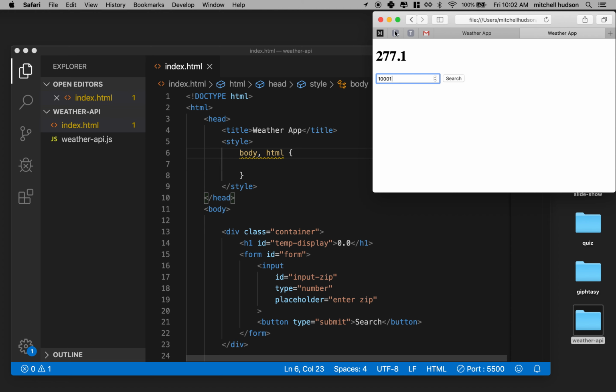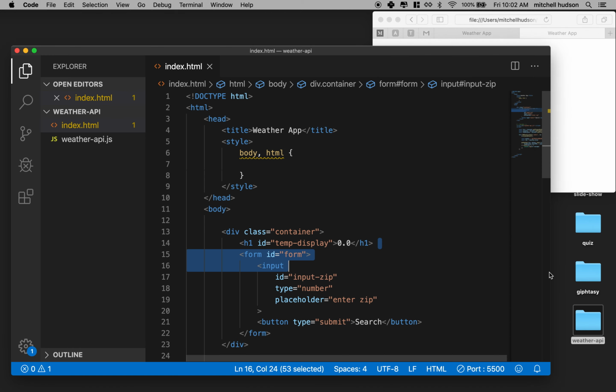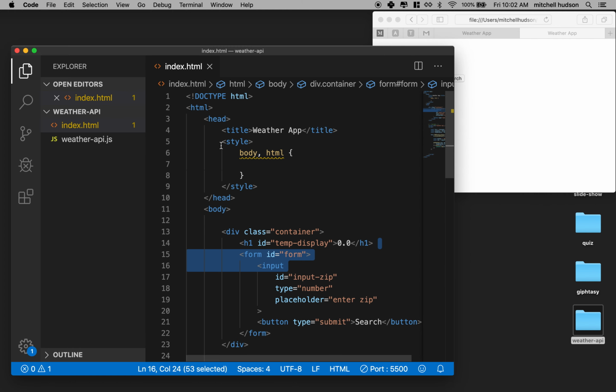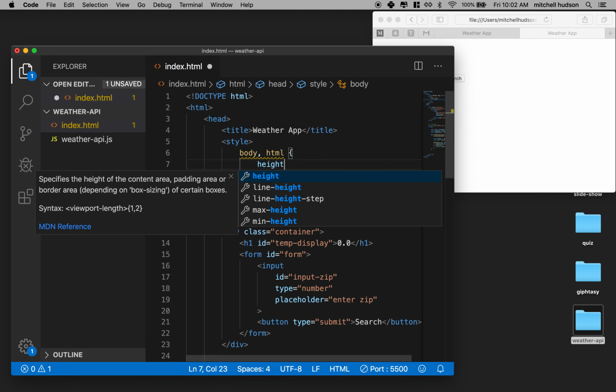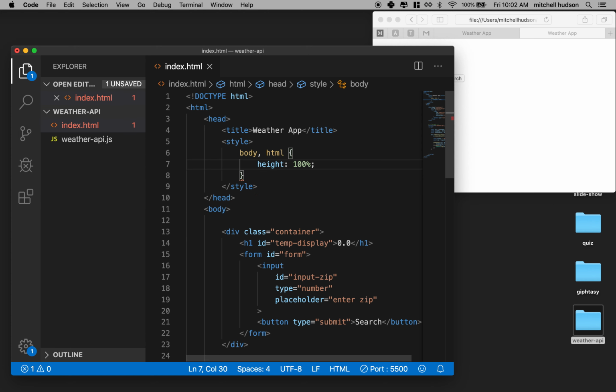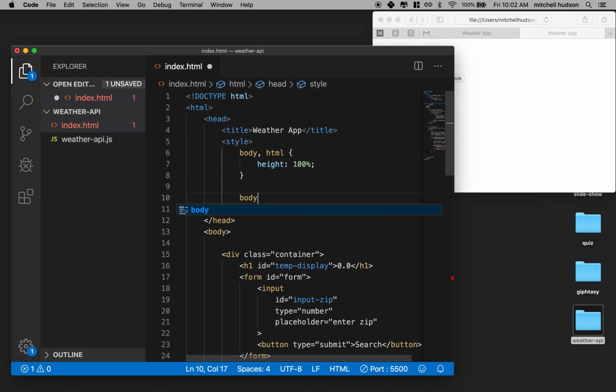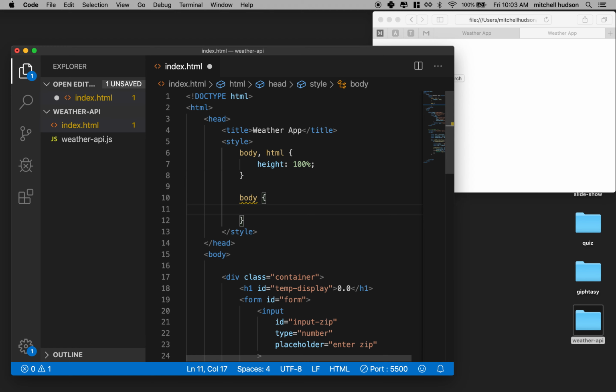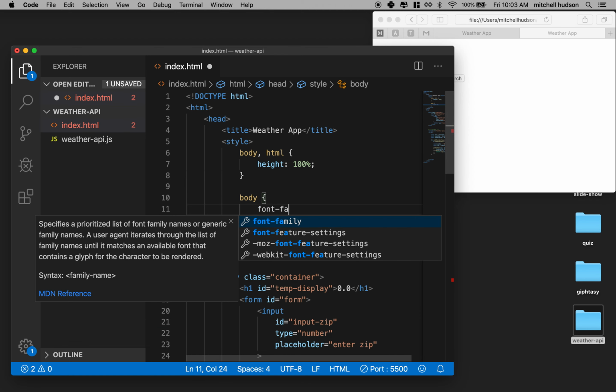Normally the body collapses vertically, so it's just as tall as the content, but I want to place all this stuff in the center. So what I'm going to do is add some styles up here in the style tag. I'll take the body and HTML elements and say you guys are all going to have a height of 100%. Okay? And then I'll go to the body tag and say you're going to have a font family